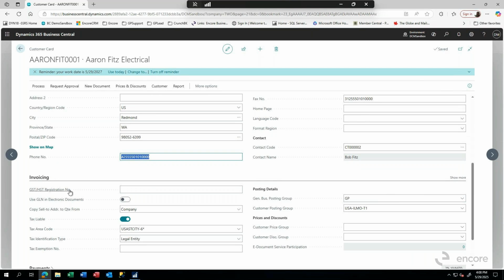And what I can see is my GST or HST registration number. I'm in a Canadian company. You would have a tax number there if you had one. Tax liable, is it tax liable? What taxes is going to be assigned to this particular customer, and whether or not he's got any exemption numbers. Then we get into the posting groups, and these two posting groups is where we find our different pieces of